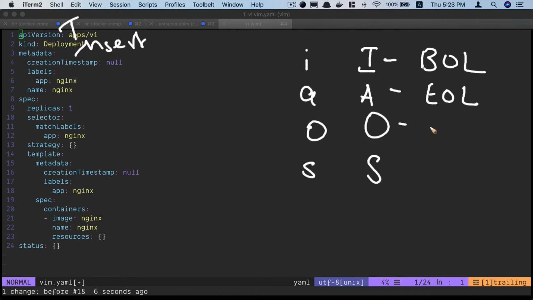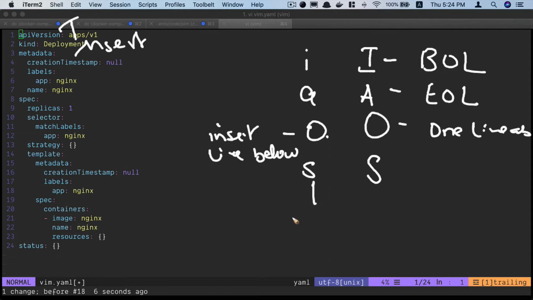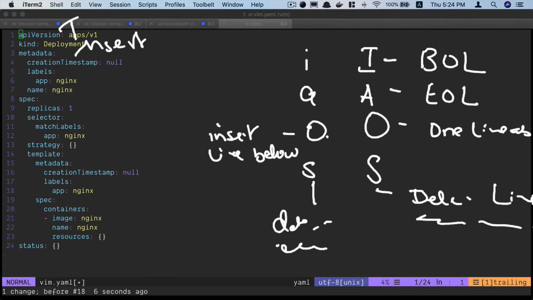Capital O will insert one line above, and small o will insert one line below. S will delete the character from under the cursor and let you insert there, and capital S will delete the whole line and let you insert whatever you want.